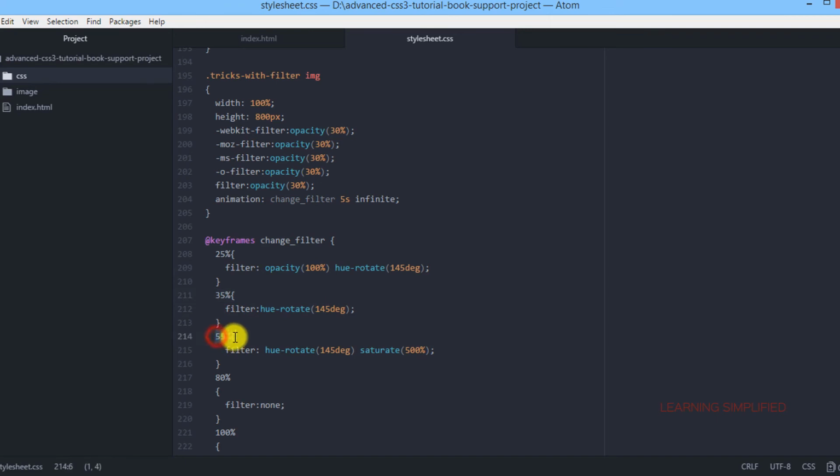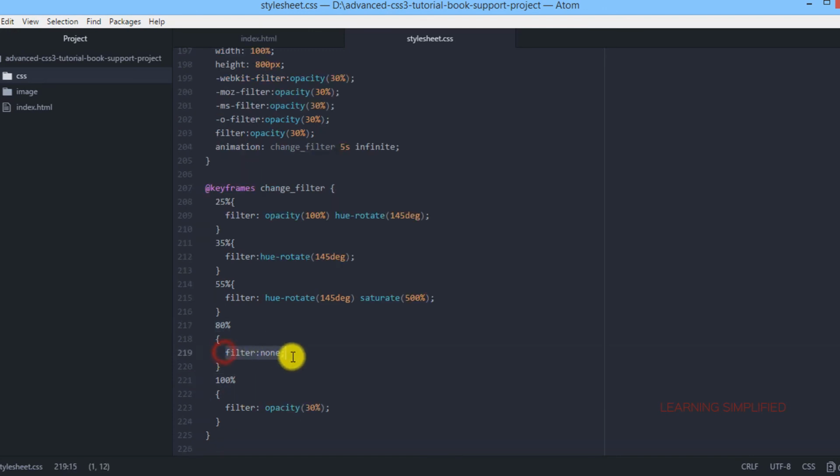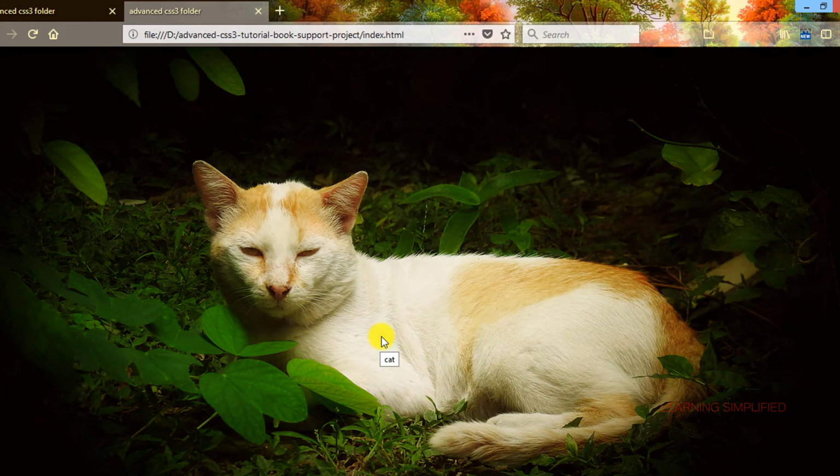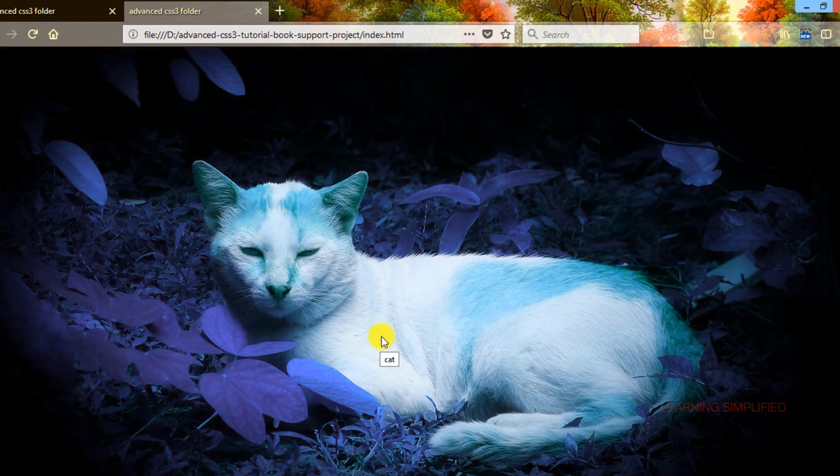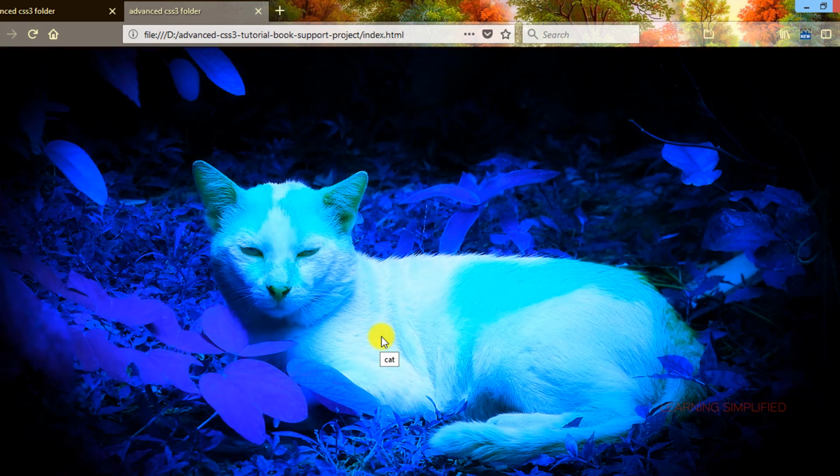At 55% keyframe position, the hue rotation will be now turning into a saturated condition of 500%. At 80%, the image will retain its original properties, so the filter is none over here. And at 100%, this original image will change its value to an opacity level of 30%. So that is how you will see a much smoother effect into your animation after combining all those filter properties over here.